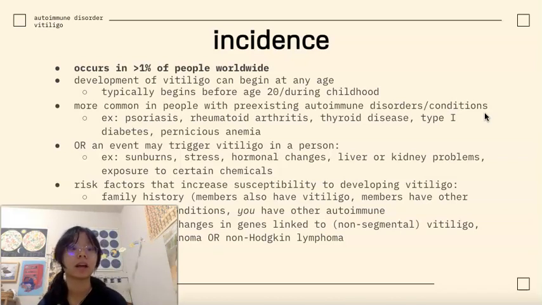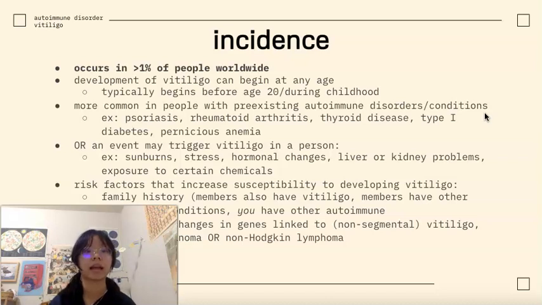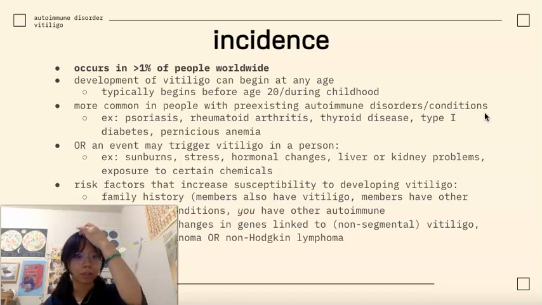Any event can also trigger vitiligo in a person. These events can be a really bad sunburn, or going through a lot of stress, your body going through a lot of hormonal changes, liver or kidney problems, or being exposed to certain kinds of chemicals. There are some risk factors that make you more susceptible to developing vitiligo, and a big one is